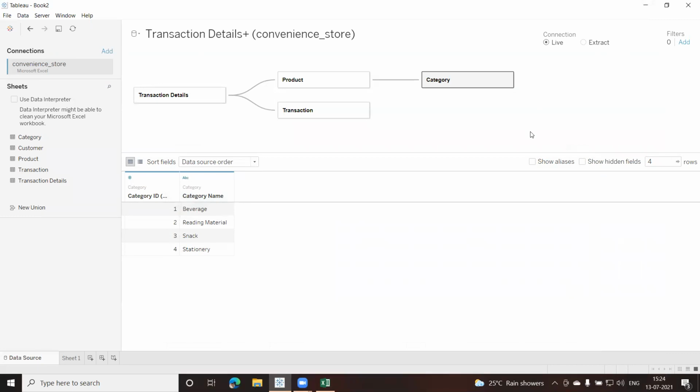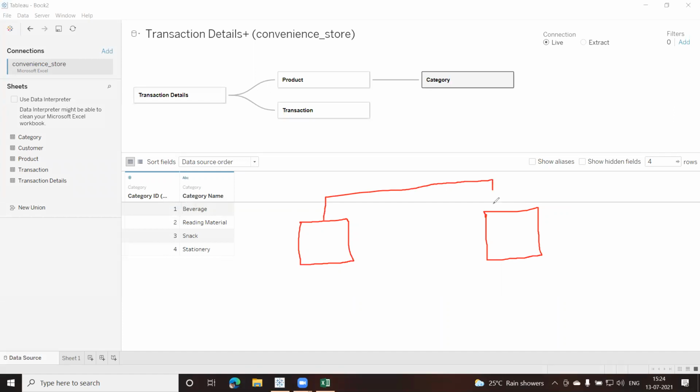Fine. Now I'll draw using a pen here and try to explain this, because this is very important. If you understand this, you'll understand many things. Suppose you have this product table here, and this is my transaction table. This is a concept of your database management system, and there's a relationship between these two tables.